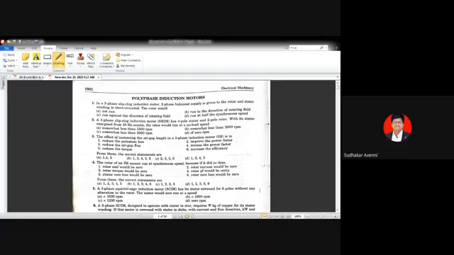Next, see the second question. A three-phase slip ring induction motor has a 4-pole stator and a 2-pole rotor. With its stator energized from a 50 Hz source, the rotor would run at a no load speed of: A, somewhat less than 1500 rpm; B, somewhat less than 3000 rpm; C, somewhat less than 2000 rpm; D, 0 rpm. The stator has 4 poles, the rotor has 2 poles, and the stator is given a three-phase supply. The rotor speed is what is asked.